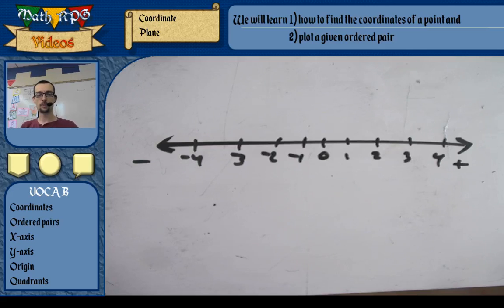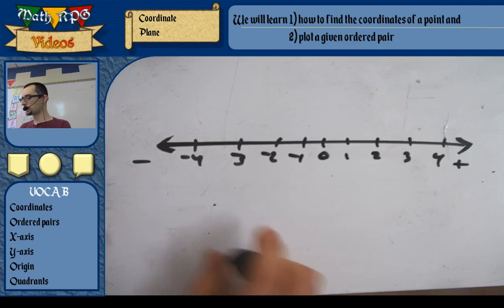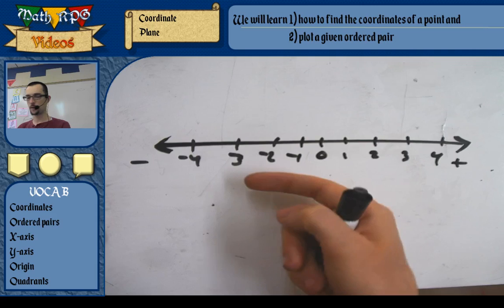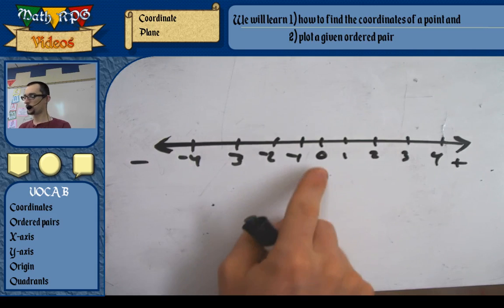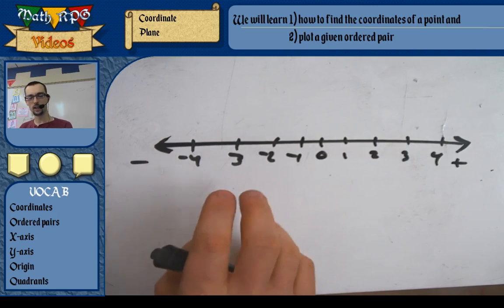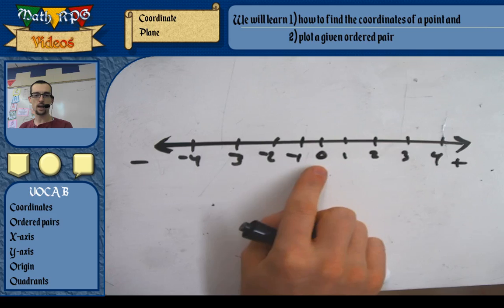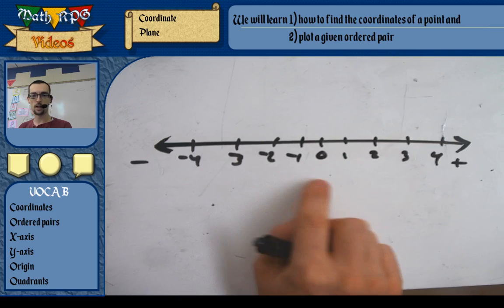All right, we've already talked about number lines this year. This is a number line. You can see it's a line that goes on forever that way. That's what the arrow means. And it goes on forever that way. It passes through the point 0, which is kind of the middle. There's no really middle because it goes on forever. But if there is a middle, it's 0. Because I have negative numbers over here on the left and I have positive numbers over here on the right